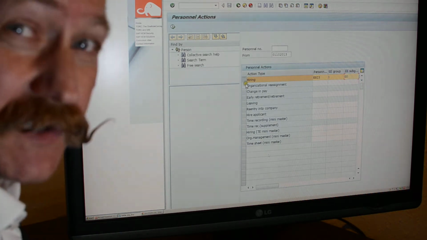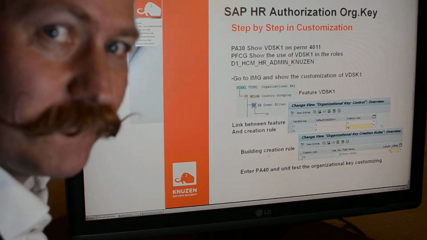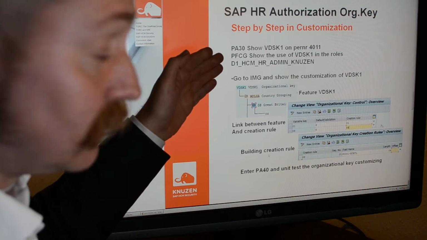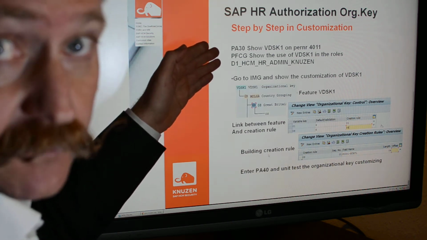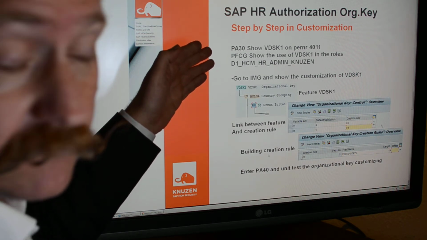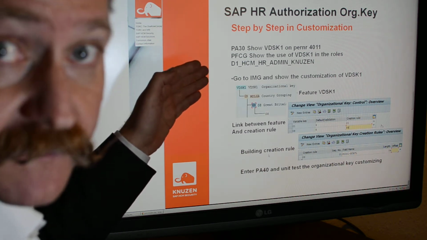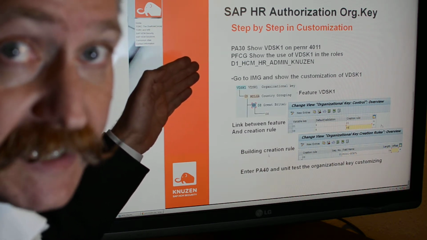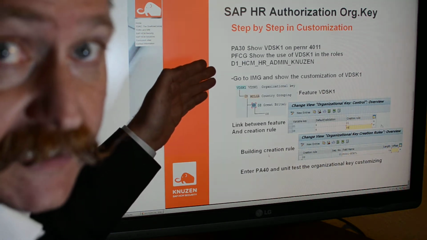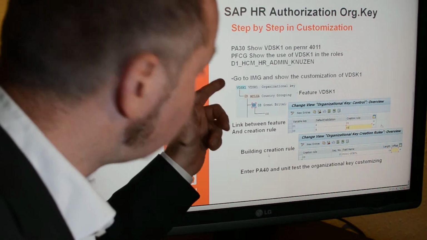But let's just return to the PowerPoint for one quick wrap up on this one. We've been through PA30, where I showed you that you can find the VDSK1 on infotype 1. You can see in PFCG in the roles the use of the VDSK1 in the two main authorization objects. And then we have this setup of the VDSK1, the organizational key, in the IMG, where we are going through